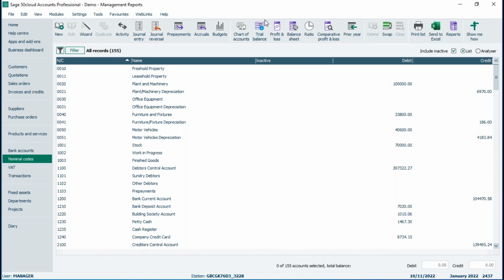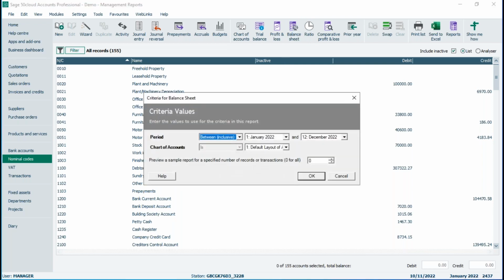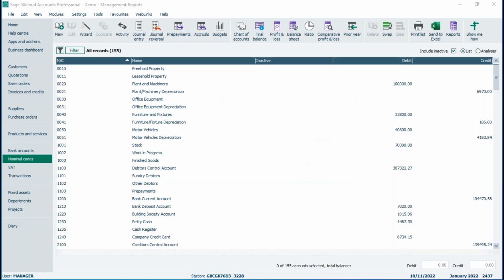Right, we'll move on to our final report this afternoon, and it's the balance sheet, again available from the toolbar at the top. When we run that one, we'll just preview it. And again, we get the same criteria as what we were presented with when we ran the profit and loss. So what period do you want to run it for? And also which chart of accounts layout do you want to use? Now, if I just accept the defaults and OK that,